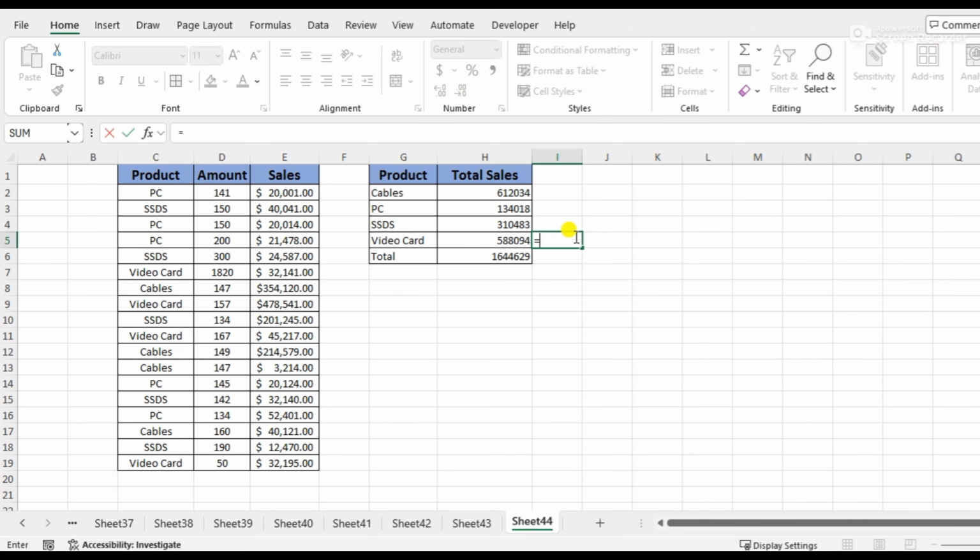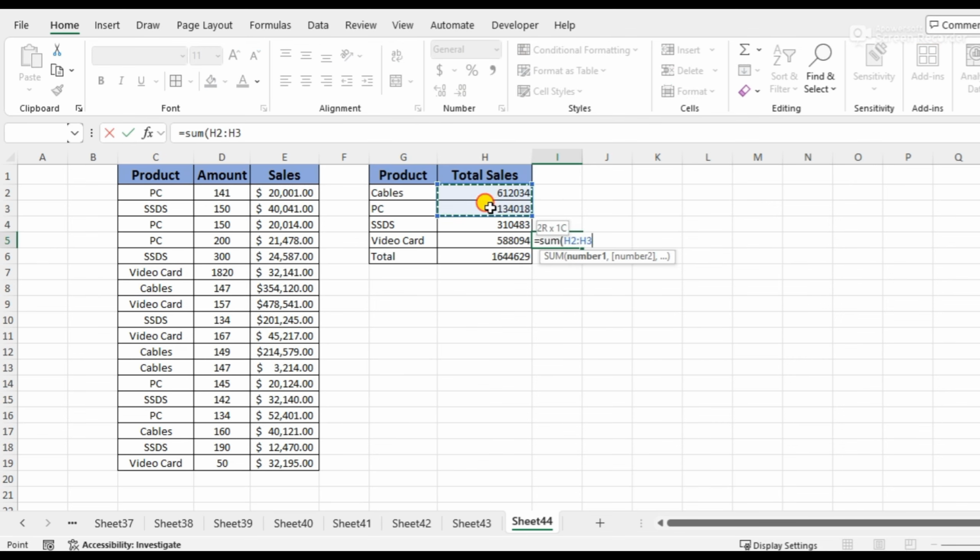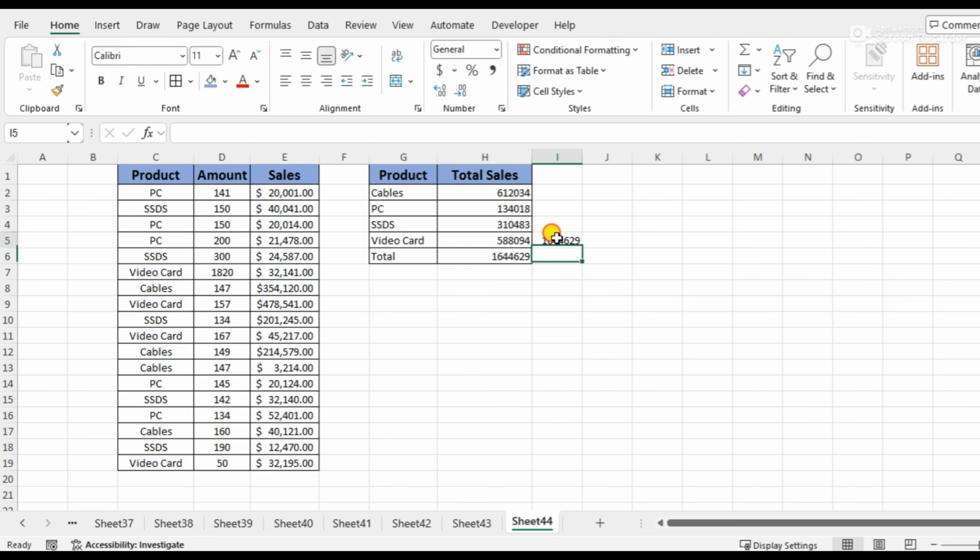We can also add these amounts, so we can get this amount like I have added here, sum bracket and select these amounts and bracket close and enter. Here we can see that this amount, this amount and this amount are the same, so the group by formula is